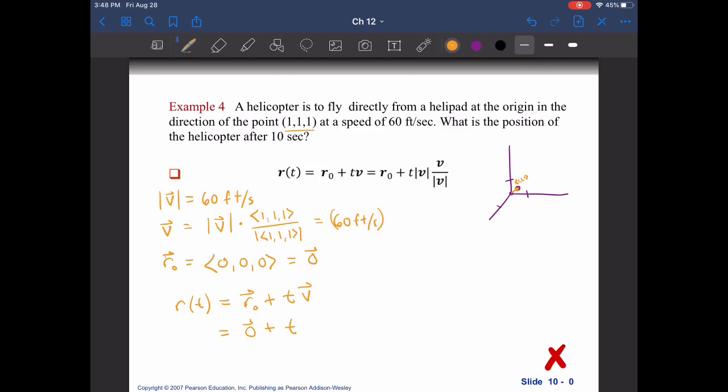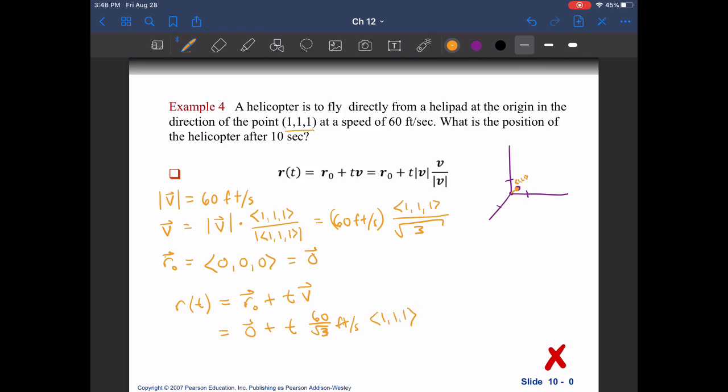That's the magnitude of the velocity, times vector 1, 1, 1 divided by the magnitude of 1, 1, 1, which is essentially vector 1, 1, 1 divided by the square root of 1 squared plus 1 squared plus 1 squared, which is 1 plus 1 plus 1, which is the square root of 3. All right, so that gives us our velocity vector, which means we have 60 over the square root of 3 feet per second in the 1, 1, 1